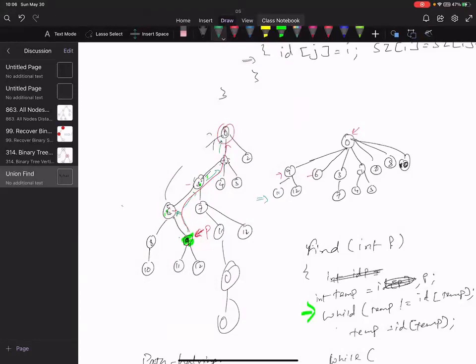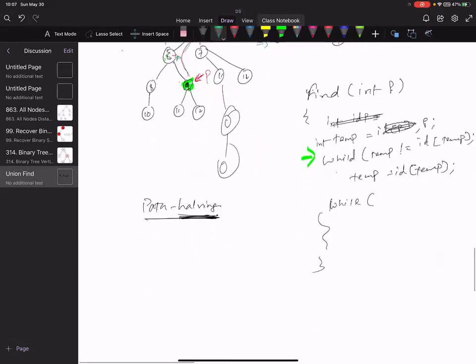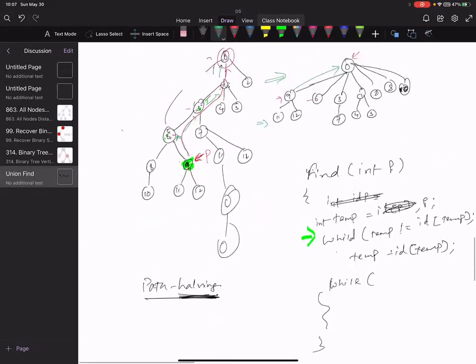So in this implementation, we are basically making 9's height to the parent kind of 0 or 1, not more. Right now, let's say the depth of 9 to 0, what is the distance? 1, 2, 3, 4. Instead of 0, 1, I'm going to make it 2. So at least I am improving by half, but not more than that. But our code will become much simpler in that case.